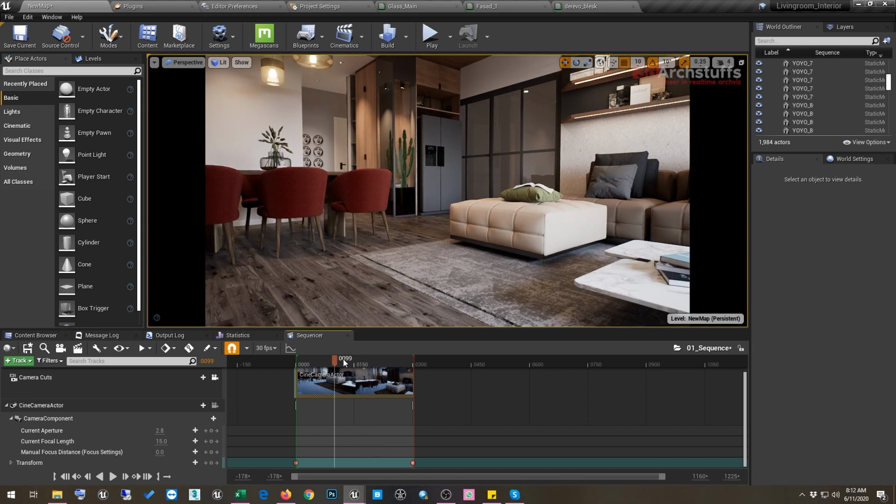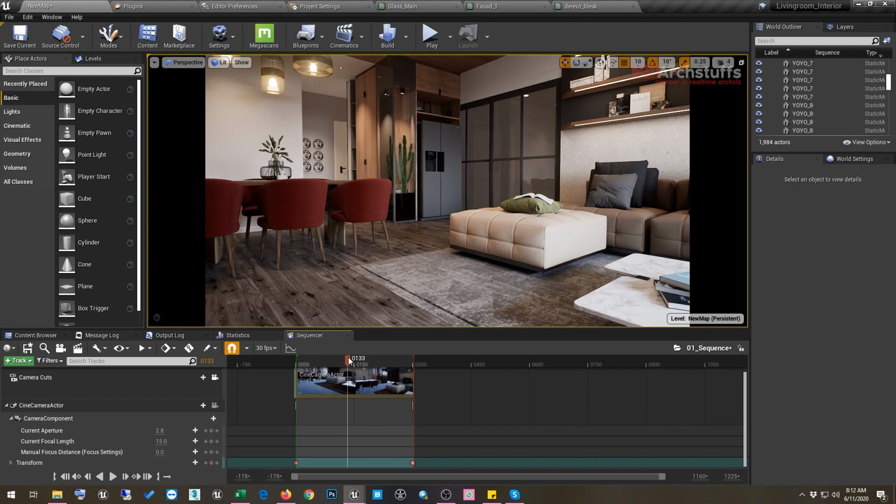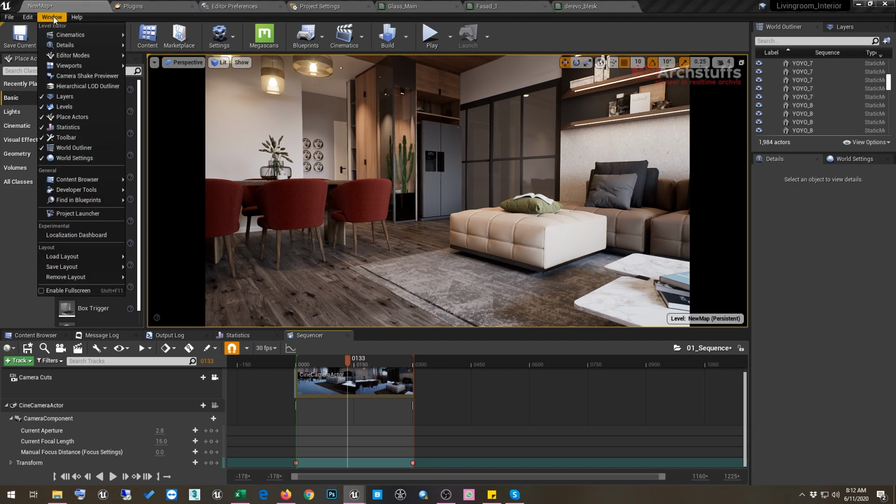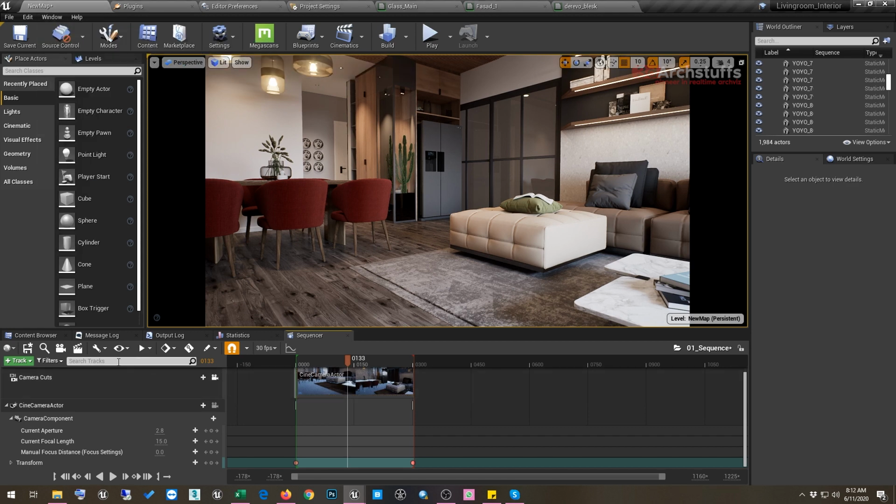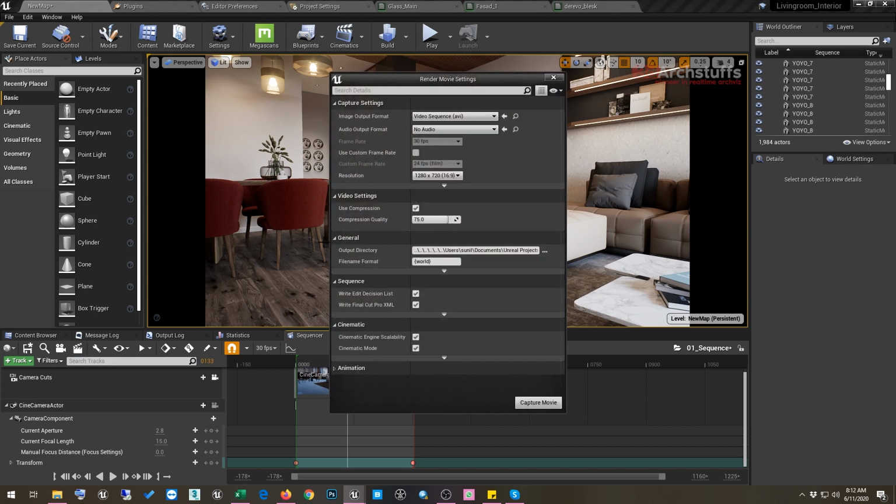So once our cinematic is ready, you have to go into this window, and in this window there is the cinematic tab, and then there is the Movie Render Queue. You can also render this from here, but I will not recommend this because it is going to be removed in a future release of Unreal anyway, and it is not so powerful.